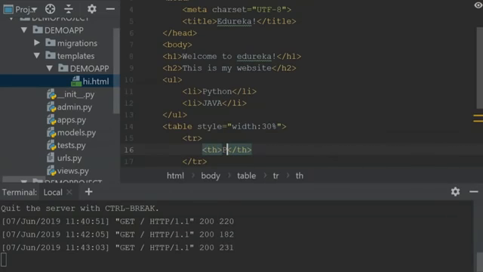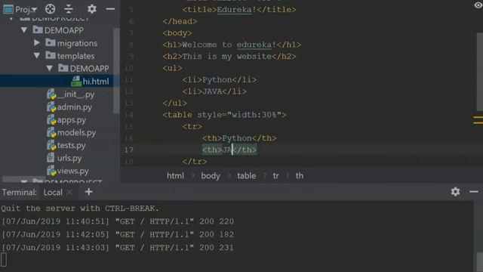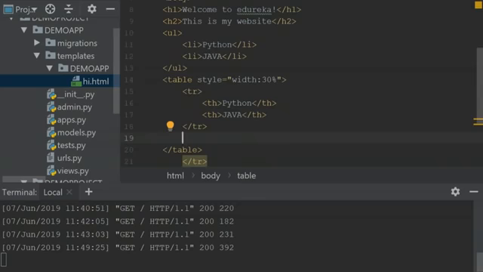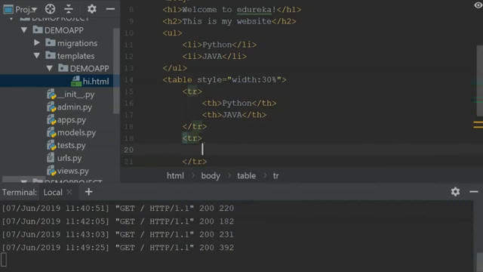Let me just give the heading as Python, and I'll give another heading as Java. So after this, I'll create another row using the TR tag, and within this, I'll specify the columns. So for that, I'll use the TD tag, and I'll just specify which IDE you can use for Python and Java.